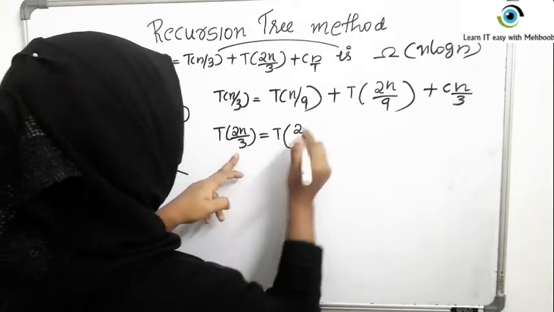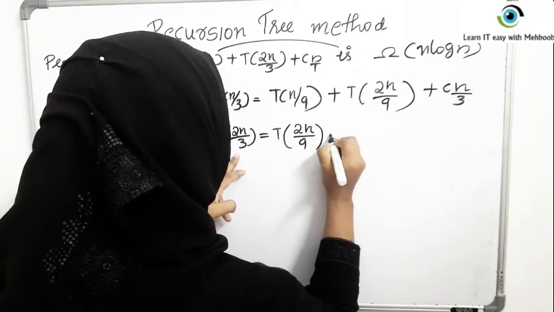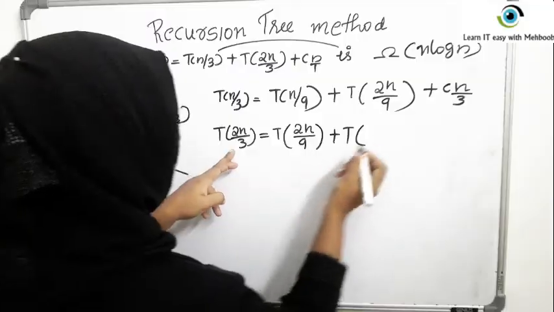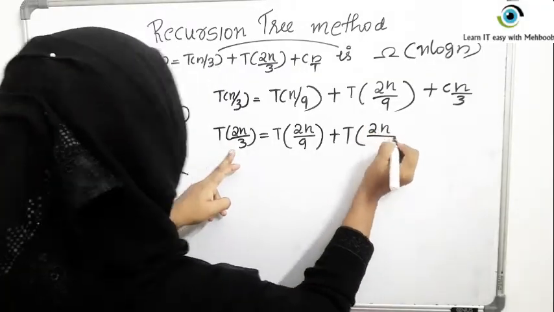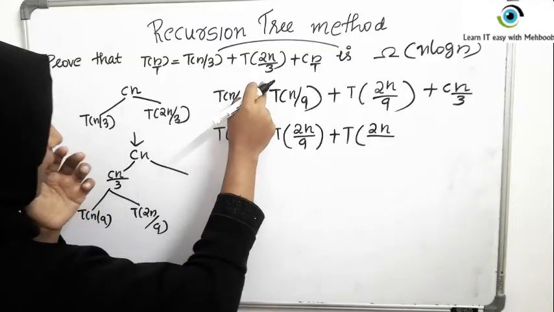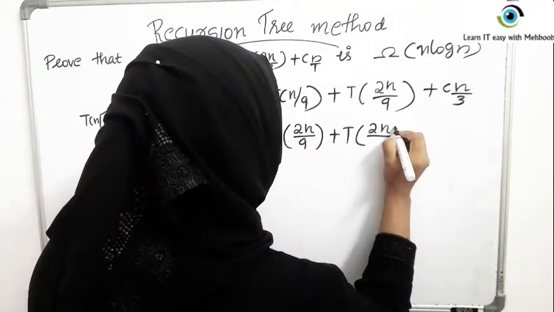So when it is 3, it should be 9. So 2n by 9 plus T. Now this 2 and n should be copied as such. So when it is n, this is 2n by 3. So when it is 2n by 3, that should be